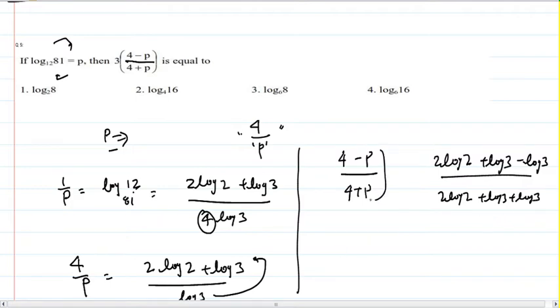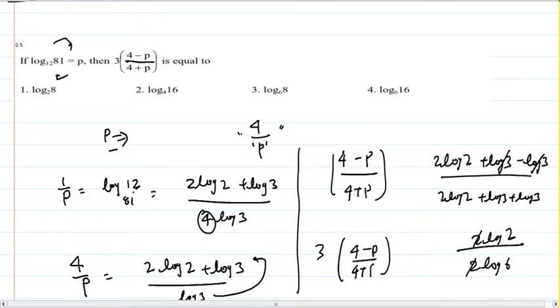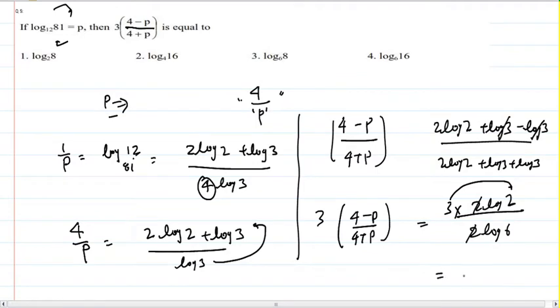So here I have got my left hand term. I need to make it 3 times to get the answer. This is gone, this is gone, this has become 2 log 3. 2 log 3, 2 log 2. So I can rewrite that as 2 common, log of 2 into 3, that is 2 log of 6. And the numerator is basically 2 log of 2, that is also cancelled. So when I make the left hand side 3 times, I will make this also 3 times. So this will go in the numerator, this will become the power. 2 cube is 8. So you will end up with the answer of log of 8 base 6. This will be your answer.